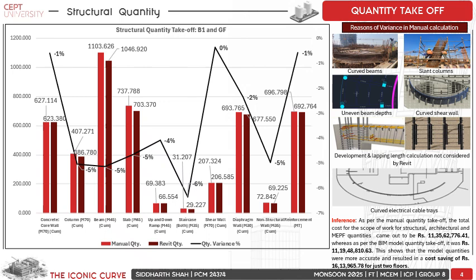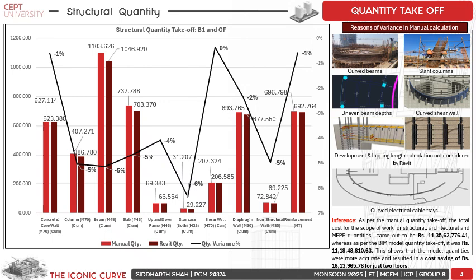After comparing both of them, we got to know that as per the manual quantity takeoff, the total cost for the scope of work came out to be rupees 11 crore 35 lakhs 62,776. Whereas as per the BIM model, the total cost came out to be 11 crore 19 lakhs